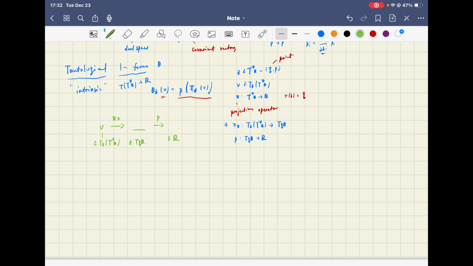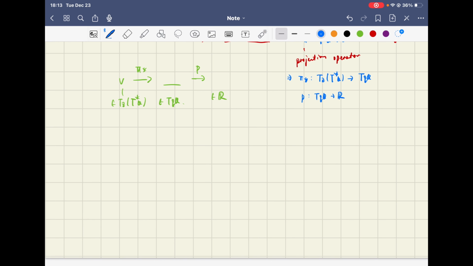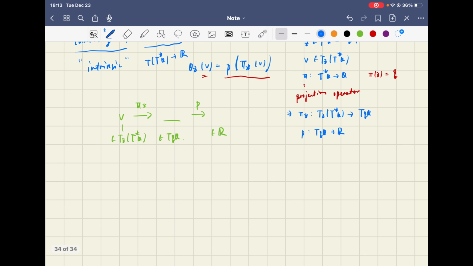The reason I said the definition is independent of coordinates is that pi star, P, everything encompassed in this definition exists naturally on the phase space. So it does not require the existence of coordinates. Now that we have shown that the tautological one form theta is a universal geometric object that naturally exists in a phase space without requiring coordinates,